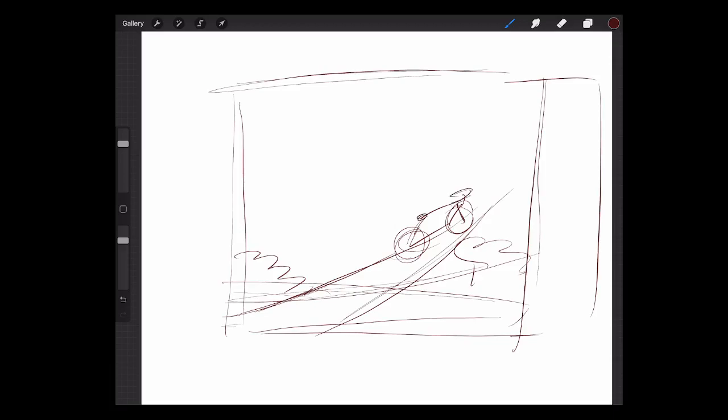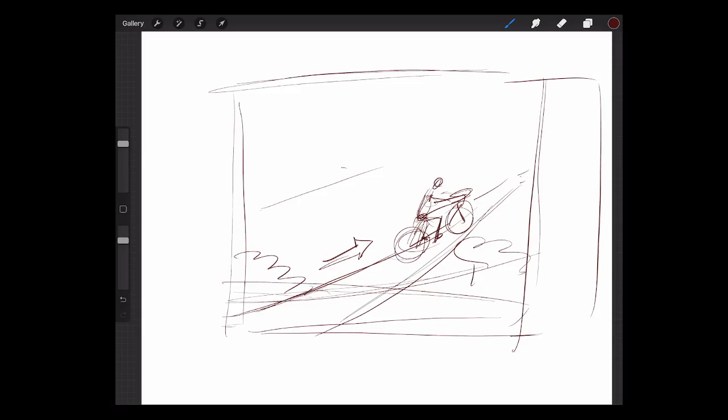You can use references for bicycles, and I'm just going to start off with a simple stick figure. And I'll put a little arrow showing they're moving into the sky and towards their future. So what could their dreams be?